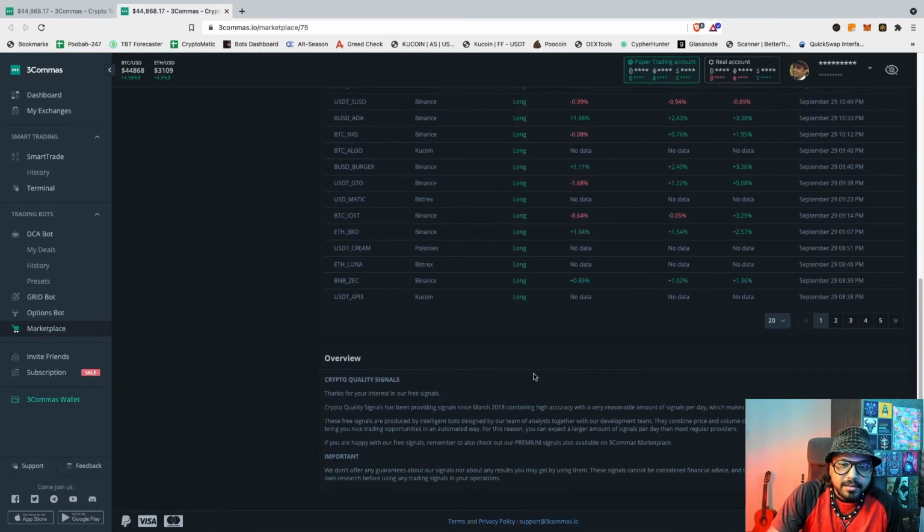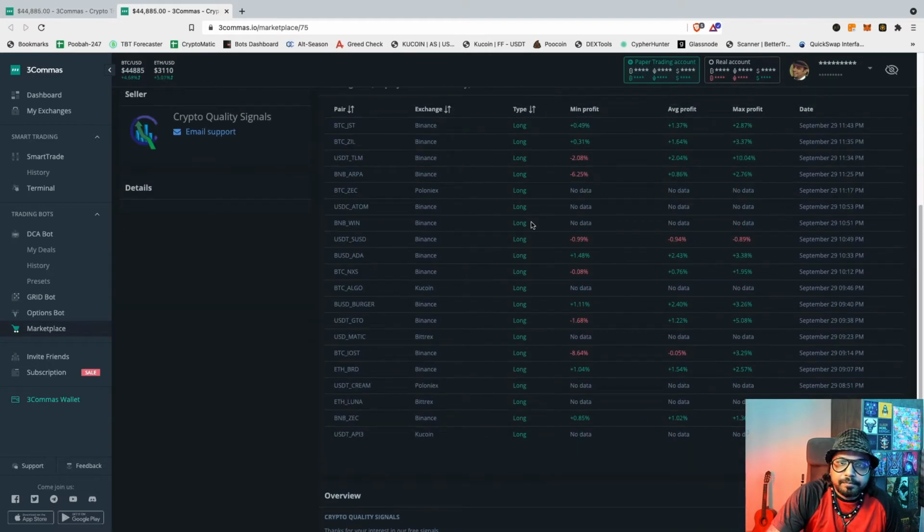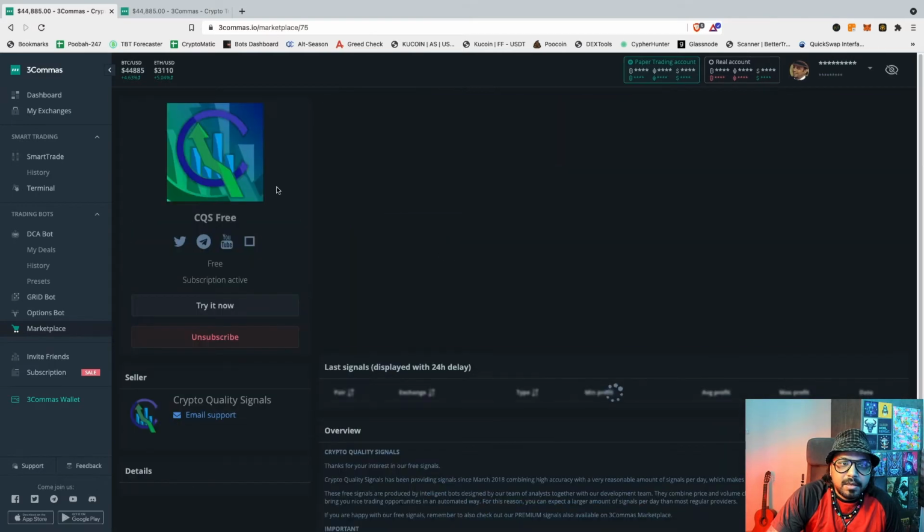So let's look at the description. It talks about a few signals and it's a trading strategy, and you can always get the premium version as well. Here you can see what the pairs are, and it's mostly supporting Binance, majorly Binance. But the good thing is it supports